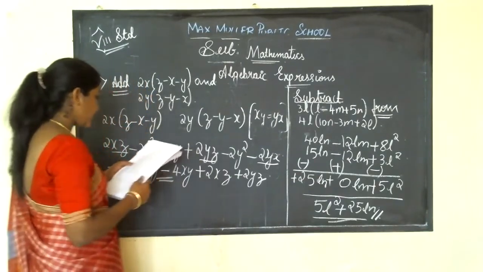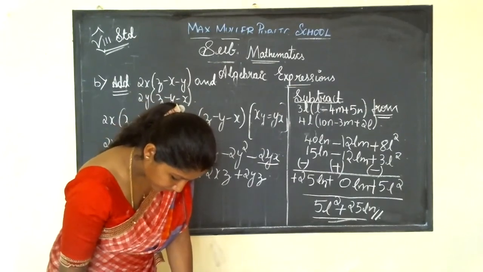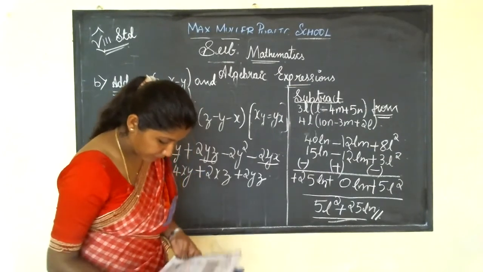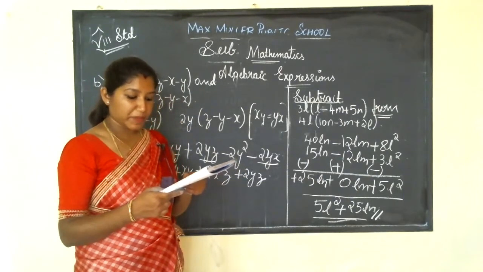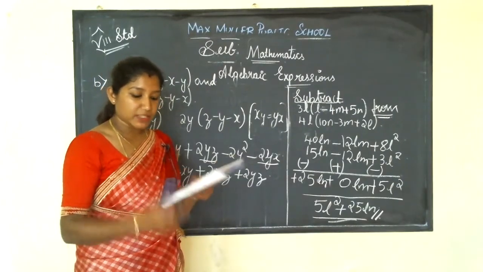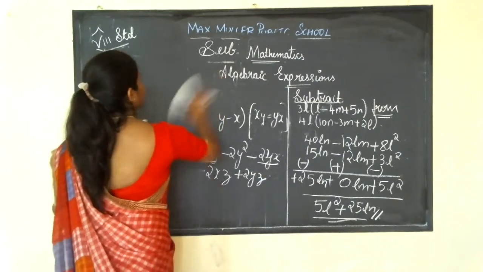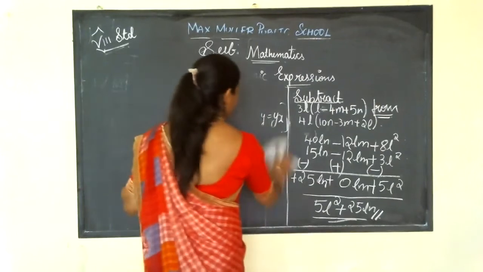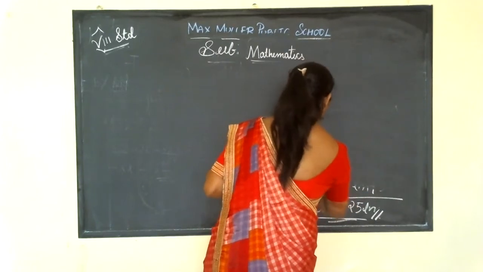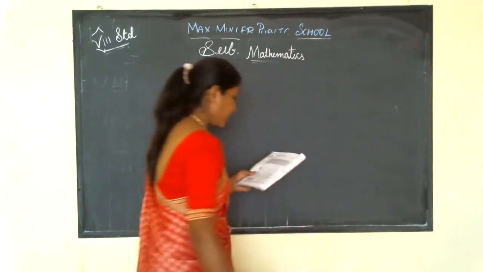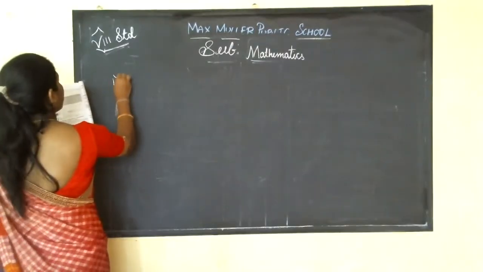Okay. Next, coming to next one, a problem is there. That problem should be done by you. 3a into a plus b. I'll be writing this homework problem here. Please copy it, students. So I'll be completing exercise 6.3 in this class. Okay, your homework problem is